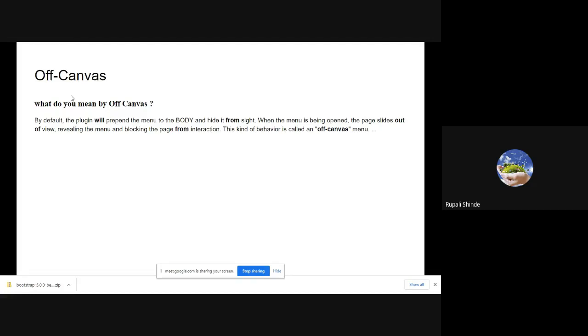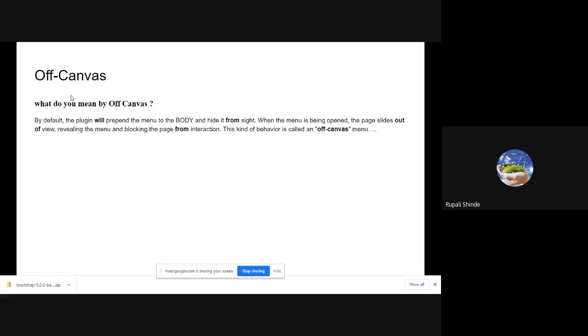With the help of that, we can hide that particular menu bar. When the menu opens, the page slides out of view, revealing the menu and blocking the page from interaction. This kind of behavior is called an off canvas menu.